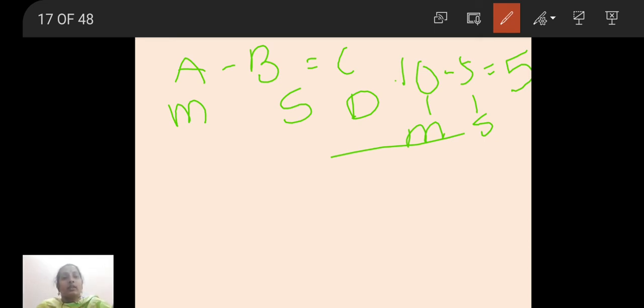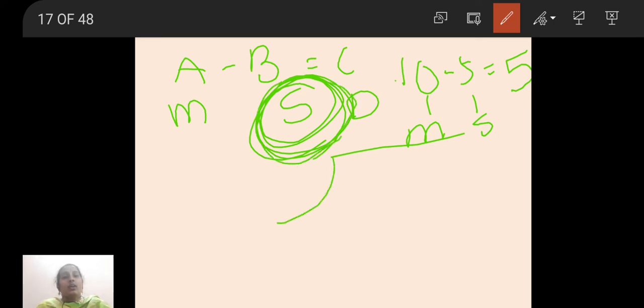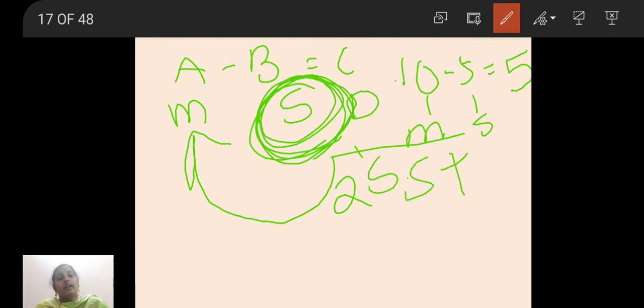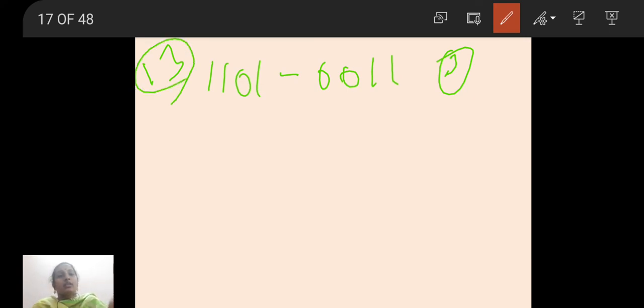So see here, first you should take the 2's complement of the subtrahend, then add it to the minuend. If you are getting carry, neglect the carry. I would like to take one example: 1101 minus 0011. 0011 means it is 3, and 1101 means 8, 4, 12 plus 1, which is 13. In decimal, it is equal to 13 and 3. Okay. So now I would like to